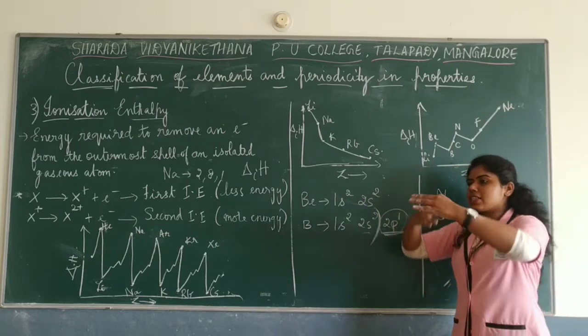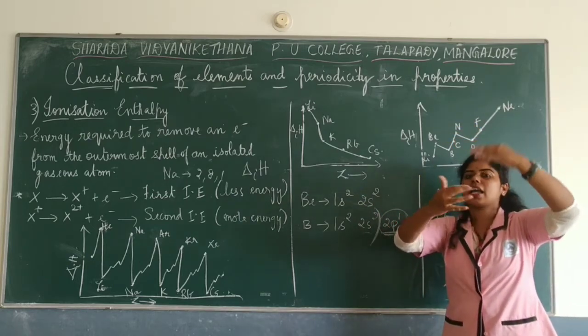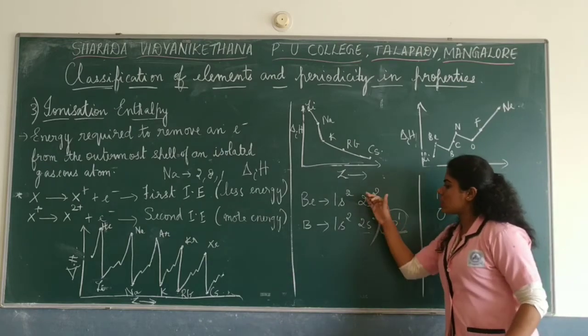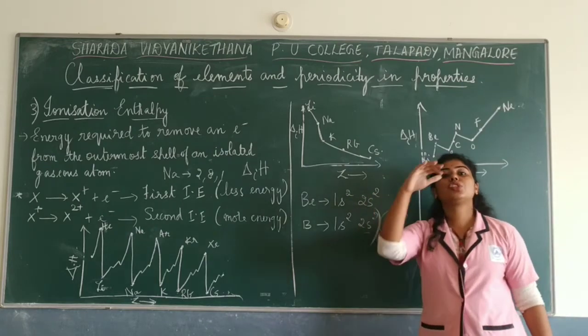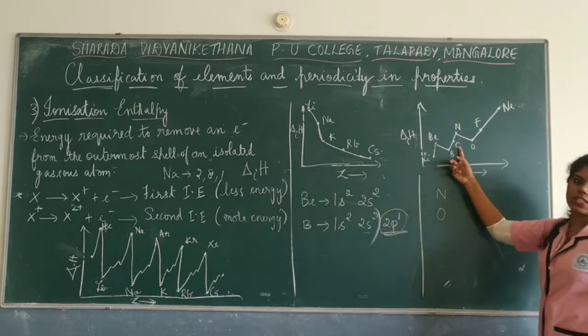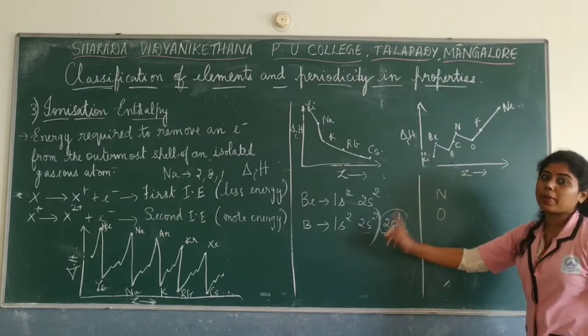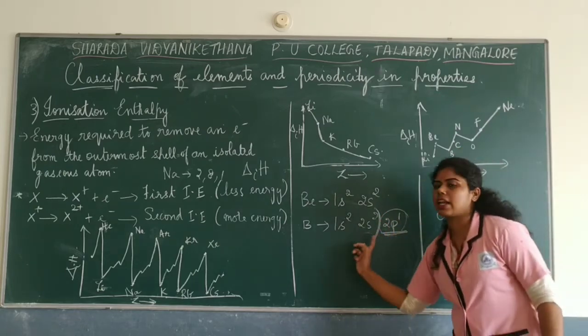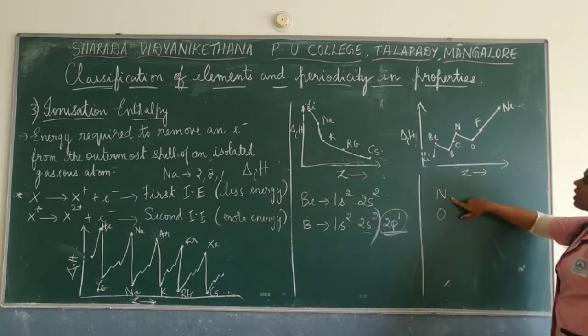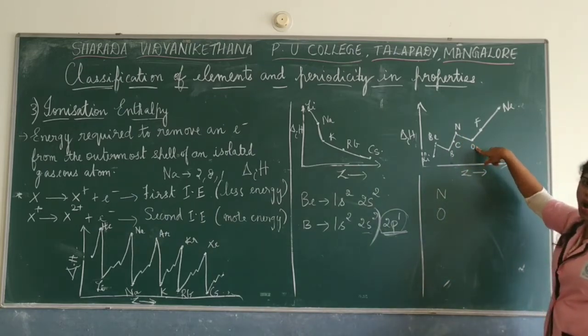But p, as it is a higher orbital, has higher energy. So you require only less energy because the s electrons will shield them. So that's why boron will have less ionization energy. Did you get it? Why? Because of the shielding effect of these inner electrons in boron. Okay, next instance, if you see here, nitrogen has more energy when compared to oxygen.